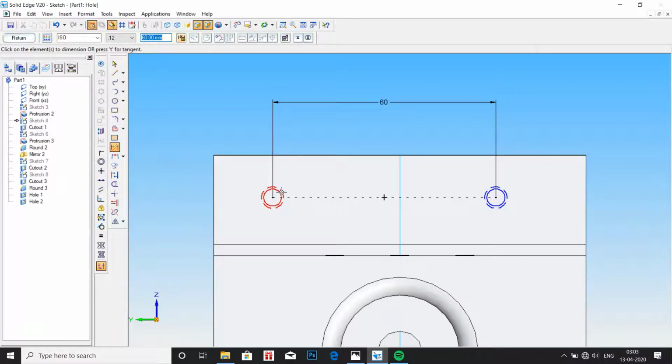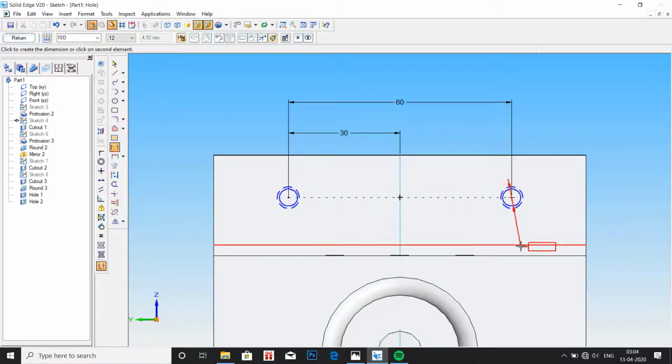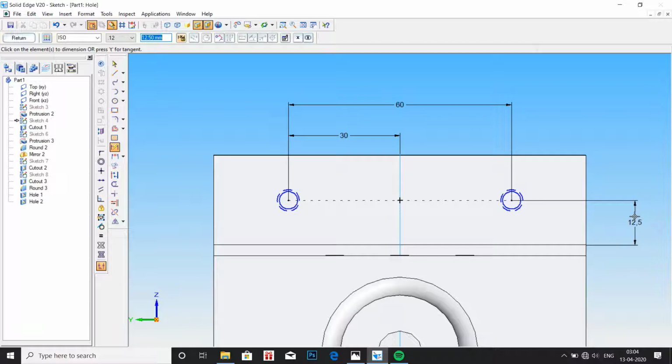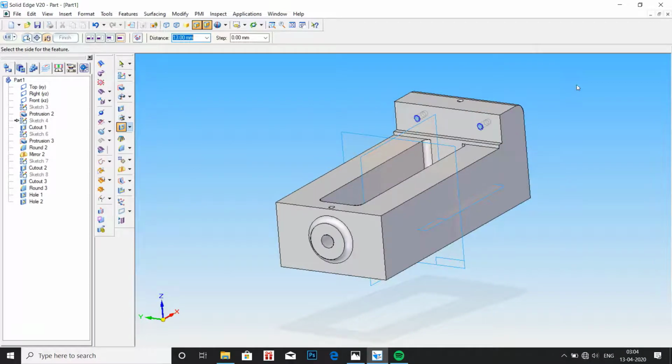And to bring them to the center, enter 30 mm for one circle, and the height from the circle to this edge is 12.5. If you select one, it's enough because they are horizontally aligned with each other. Click on return and just drag it back. So we have the threaded holes.